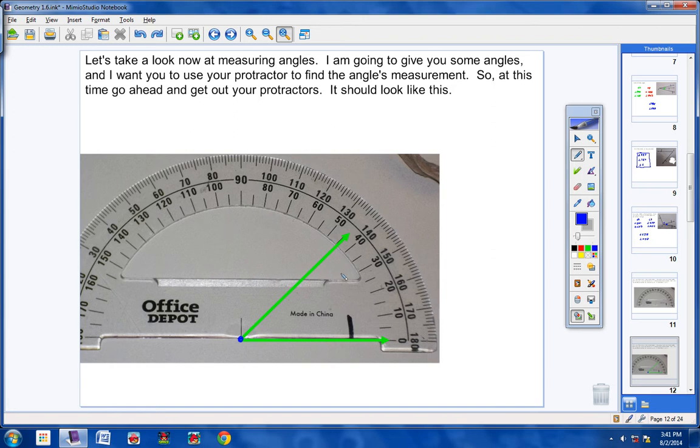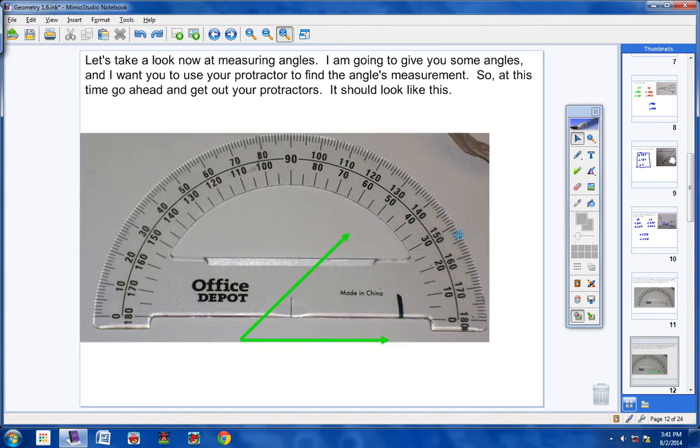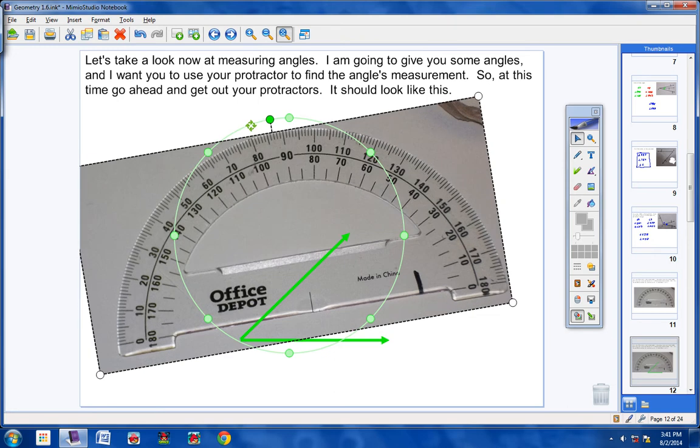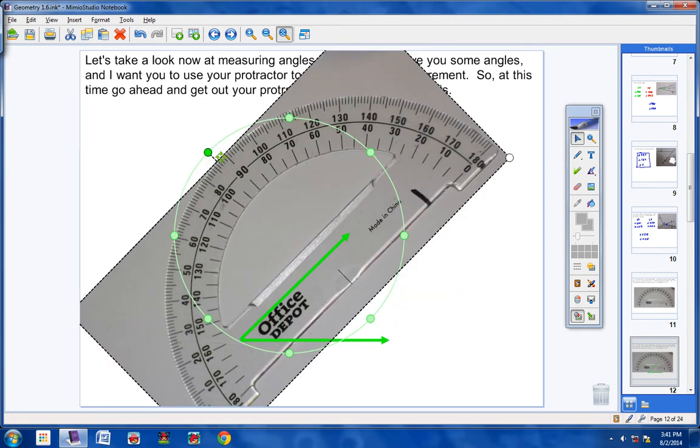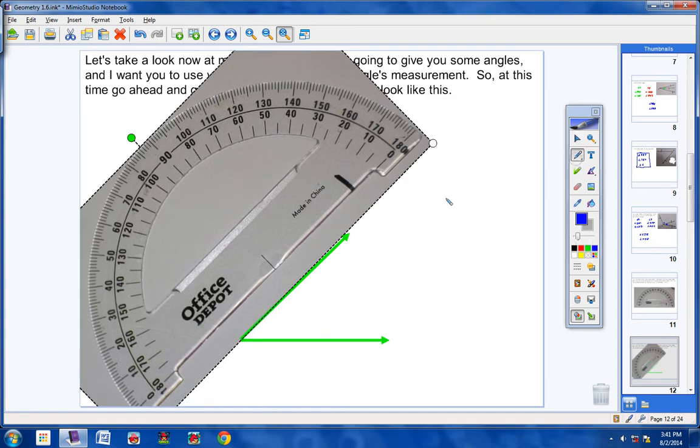Now, did you notice that really I'm not very happy with how far this ray right here goes? It's not going out far enough. I'd really like it to go further. So sometimes you might need to pick up your protractor like this, and you might need to turn it, okay? And I'm doing the best I can here. You might need to turn it and take a straight edge and extend your angle so that it goes longer like this, okay? That's a very good thing to do, to be honest with you, because watch, when you do that,